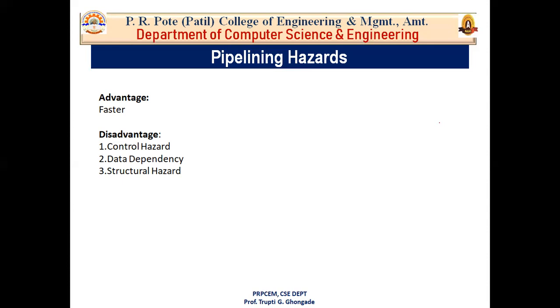Okay, so if the first instruction says that I want to jump to location number 7, you are executing instruction 1 and instruction 1 says that I want to jump to location number 7. Okay, you take a jump. So this was the if part not satisfied, you have taken a jump after the first. Okay, so now which instruction do you want? You want instruction number 7. So which one has been fetched? The second instruction? No. When was the second fetched? After execution of the first, or during the execution of the first instruction? Of course, you are going to fetch the second during the execution of instruction 1.